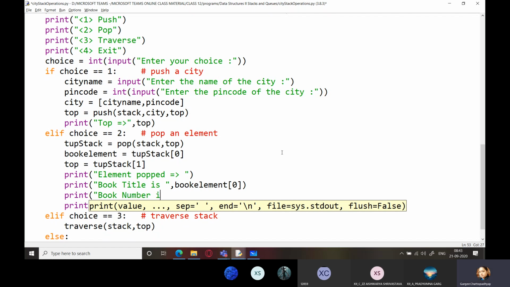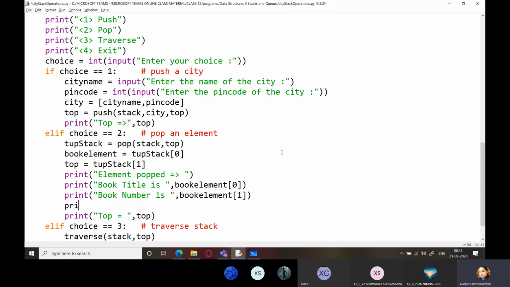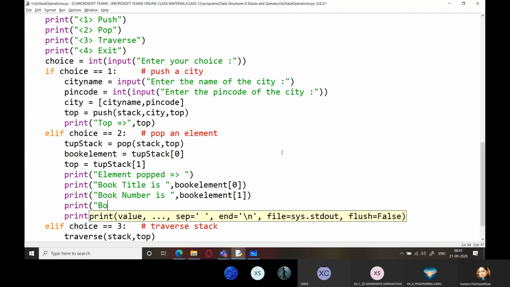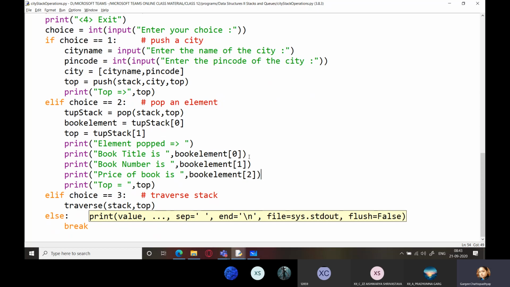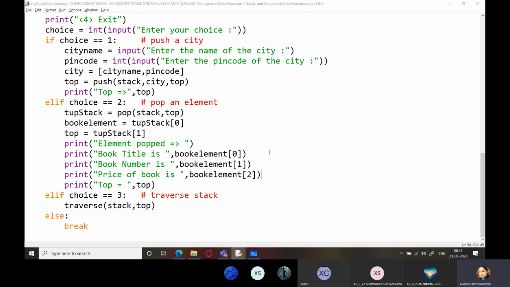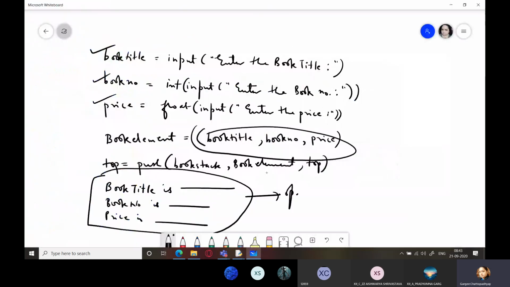Book number is, book element 1. And price is, book element 2. So here book element 0, 1, 2, they represent the individual values within the tuple.